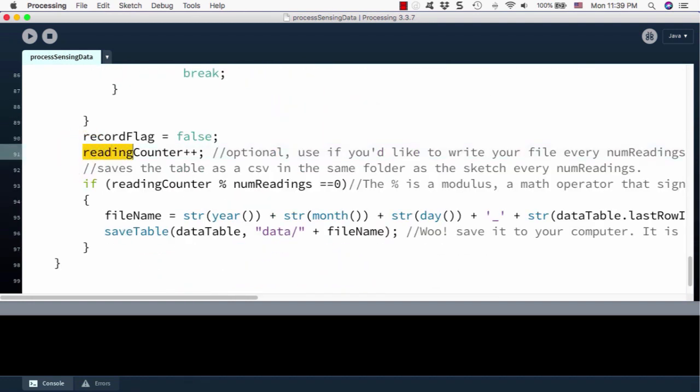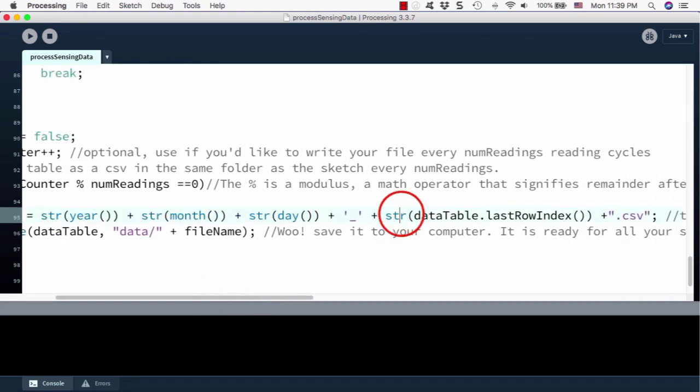And then we change the record flag, and after that we increase the reading count one by one, so that when the reading count meets 100 times, meaning the number of readings reaches that value, at that time we will generate the file itself. The purpose of this is that we'd like to minimize the file I/O for this program. So only every 100 records we will put the